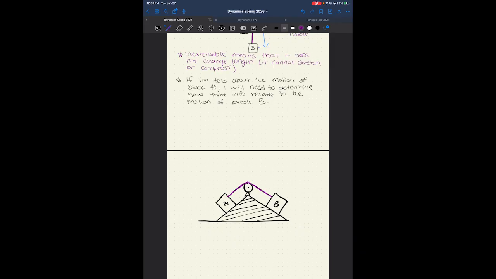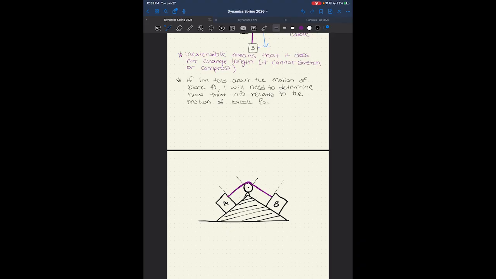So for this system here, the way that I have it drawn, I'm going to choose a couple of special locations that I want to keep an eye on. And this is one of those choices that comes through practice, and it's kind of hard to describe exactly how I'm choosing it, but I'll do my very best. So I'm going to say that a particular section of this system that I want to keep a close eye on